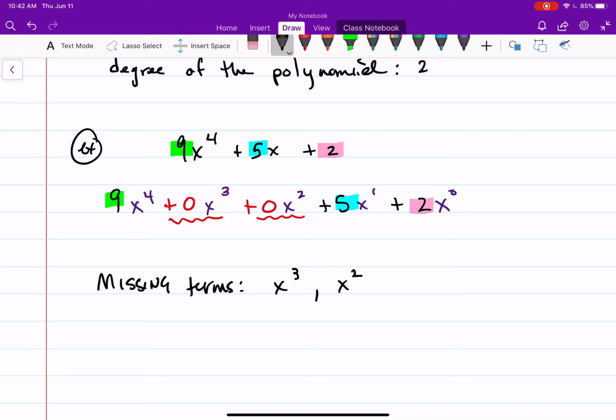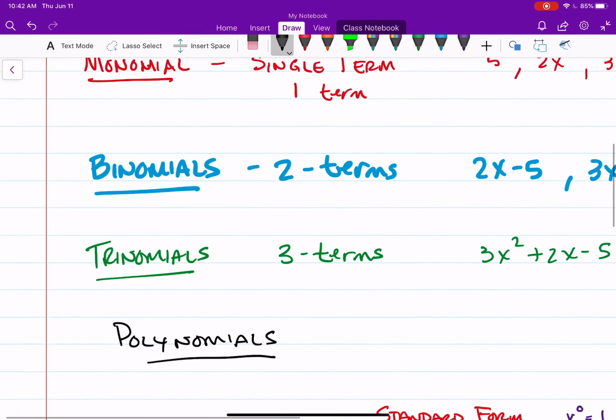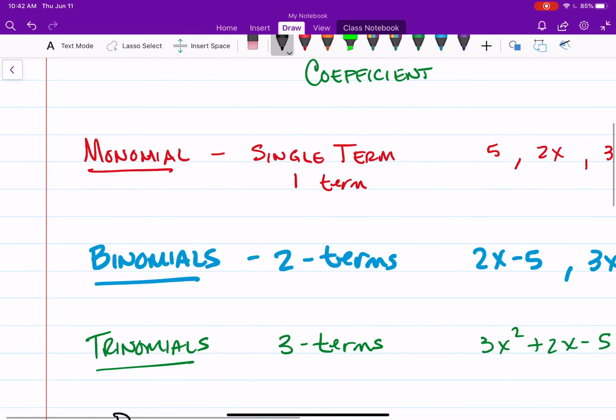Does that make any sense? I hope it does. Other than that, that's about the only extra thing that you need to know so that you can actually do 12.3 and 12.4. But I would suggest that you watch this video and the next video before you start 12.3 and 12.4. All right? I hope this